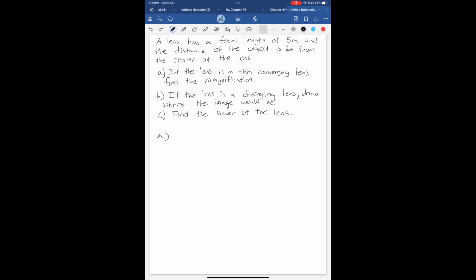Before I draw a diagram explaining what this means for part A, I'm going to find the magnification. We could do that using this equation: 1 over the focal length equals 1 over the distance of the image from the center plus 1 over the distance of the object from the center. Since we have the focal length and the distance of the object from the center, we could just solve for di. It's going to be 1 over 5 meters minus 1 over 2 meters. That will equal,